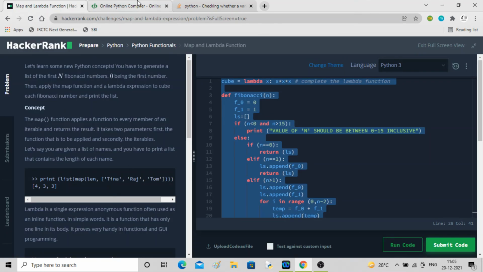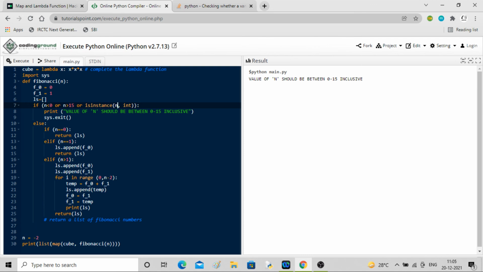Or we can write in this fashion as well: if type of n is not equal to int, like this.